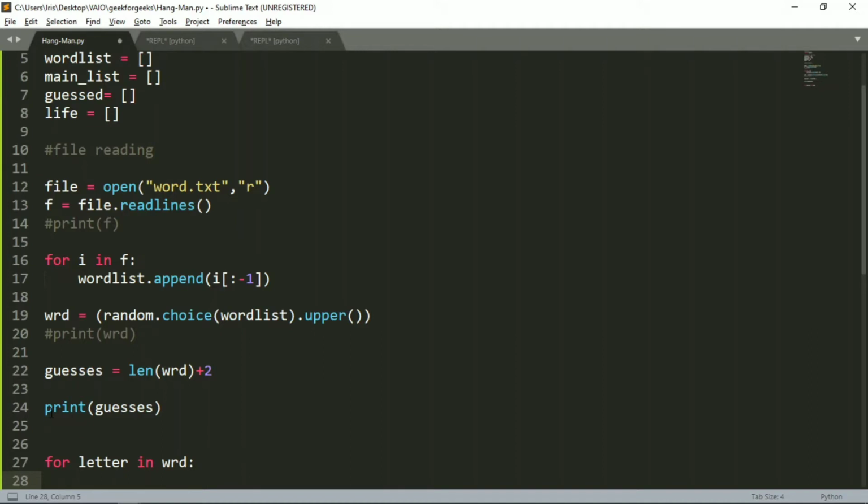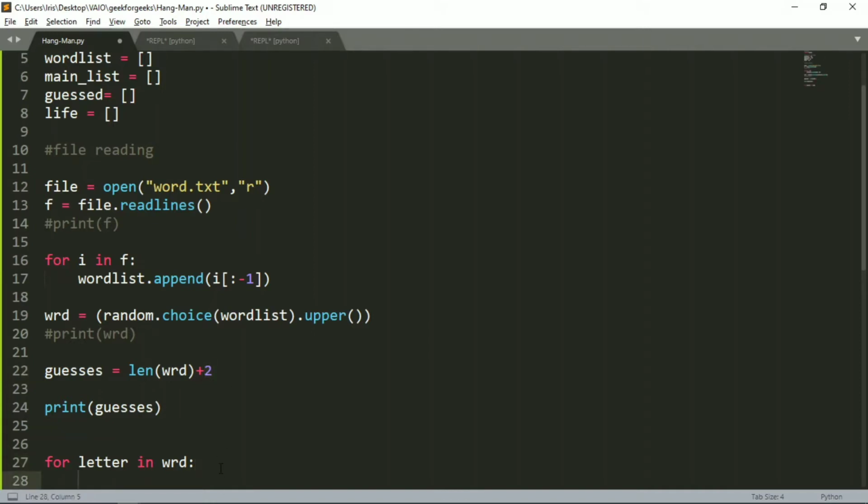That means 4 stars will get printed into my guess list, so both counts will be the same. There will be 4 stars. Understood? And I will also be adding 2 more stars to improve the visuality of the game.